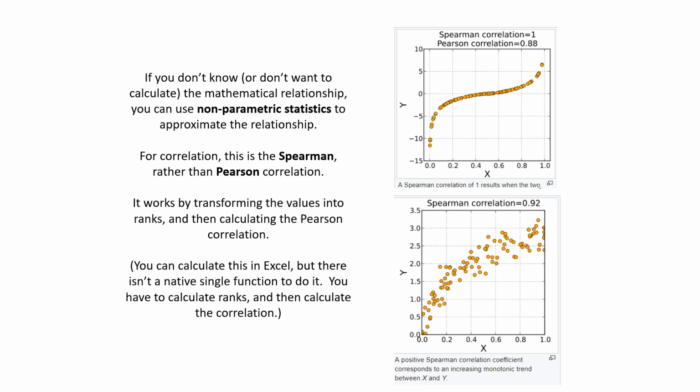In this case, we're looking at two different plots here. In the upper left, we have this S-shaped curvilinear relationship. It's monotonically increasing: as x increases, y always increases. If we run a correlation on that, if we try to fit a best fit straight line, we'll get a correlation of 0.88. But if we run this with what's called a non-parametric test,